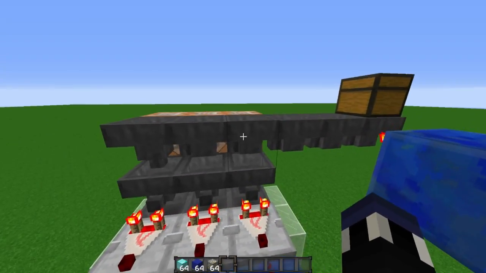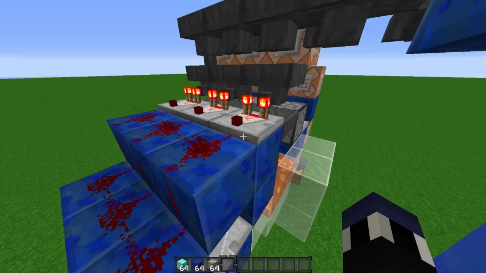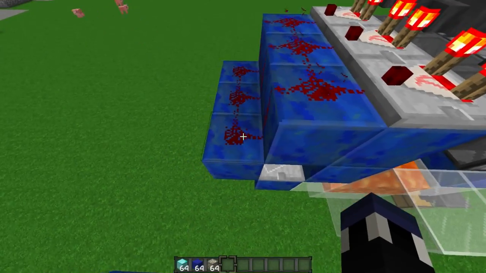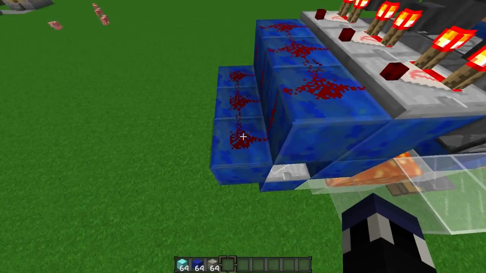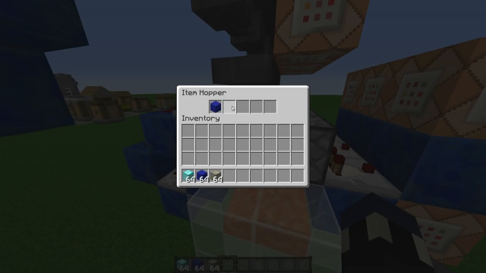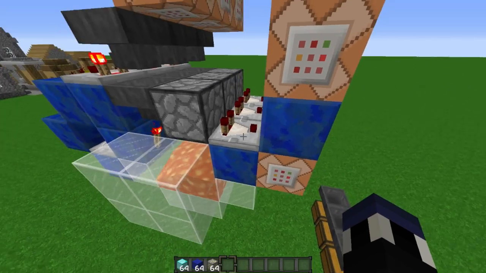So let's just say, for example, a blue wool passes through here. This hopper will suck it down. Then it'll add 1 bit of power onto this, which will power just this piece of redstone right here. It just powers this one, which powers this repeater right here, which powers that redstone torch, which allows the item to pass through. Yes, there is 1 item in there that's supposed to be in there, but it allows an additional item to pass through, which passes through into the dispenser,